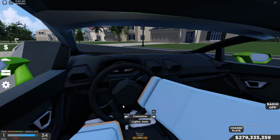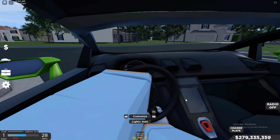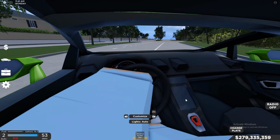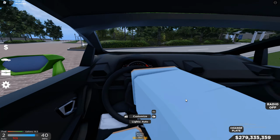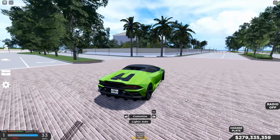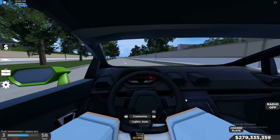Okay, look at that. Drifting in first person is not bad. It's just a bit hard. Oh my gosh, I'm losing control. Yeah, you could drift in first person. It's pretty cool. It looks pretty cool, but it's just a bit hard. Yeah, it is a bit hard to drift in first person, but for the most part, driving in first person